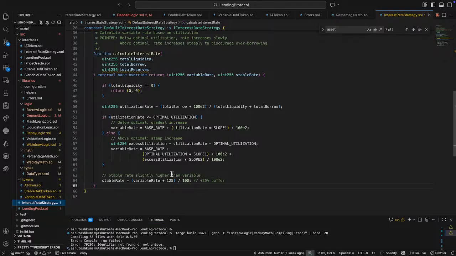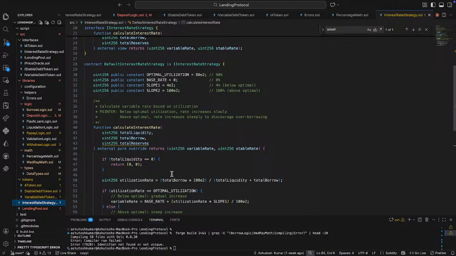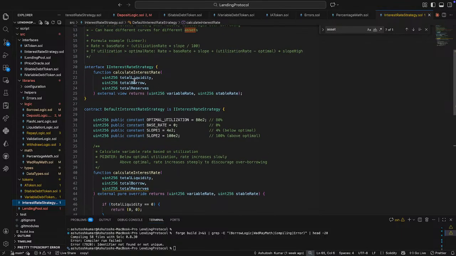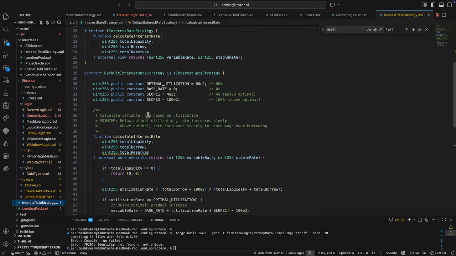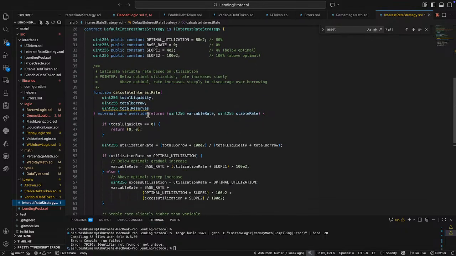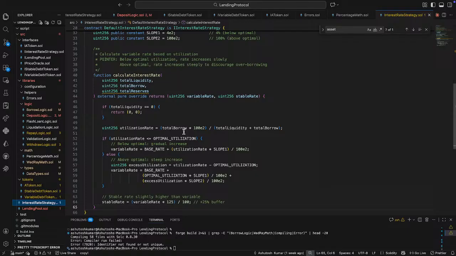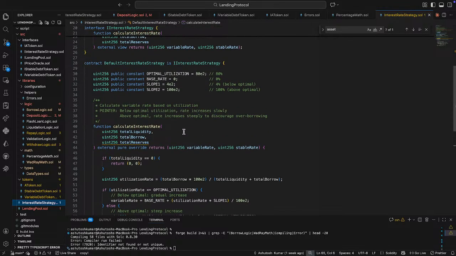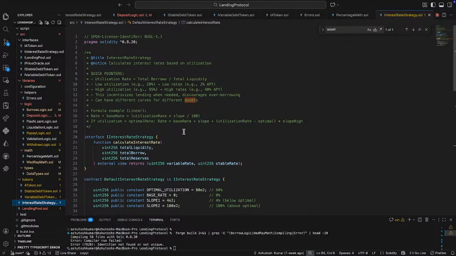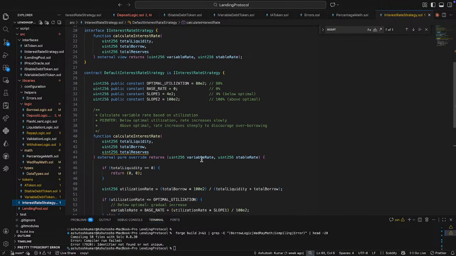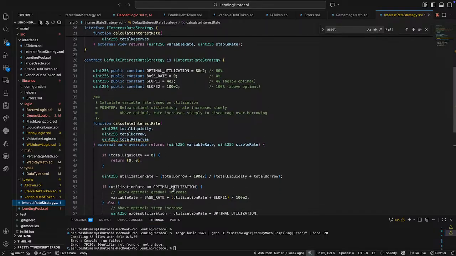It takes three parameters. And why are you passing move? Utilization, total liquidity, zero return, total borrow. How are you going to get the total borrow, man? It's an incomplete function. Total liquidity, oh,